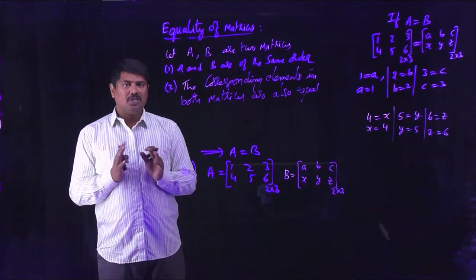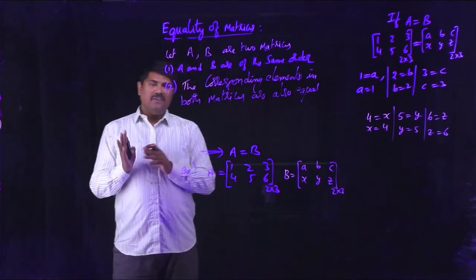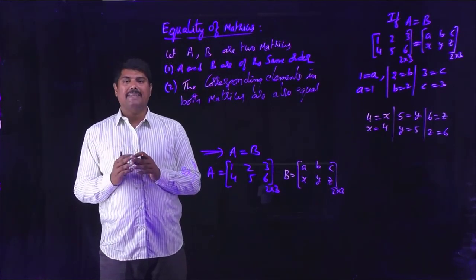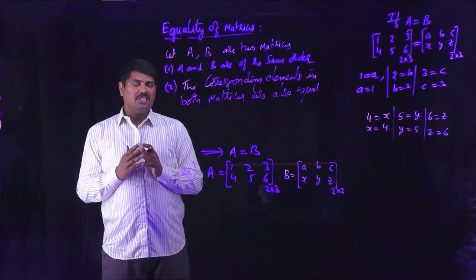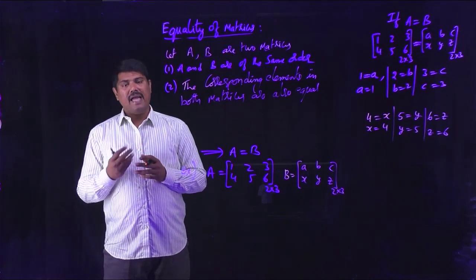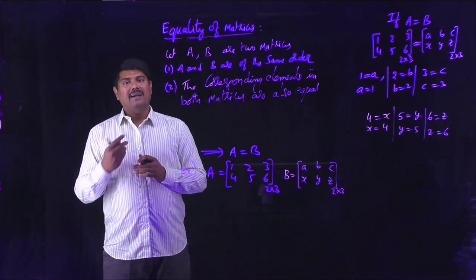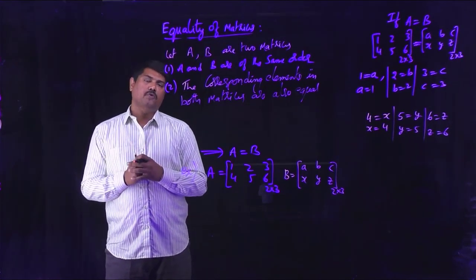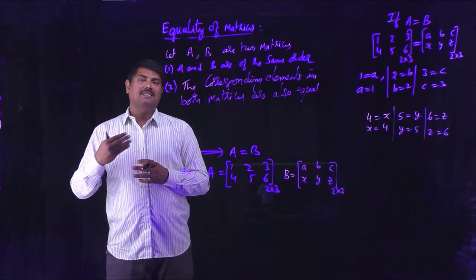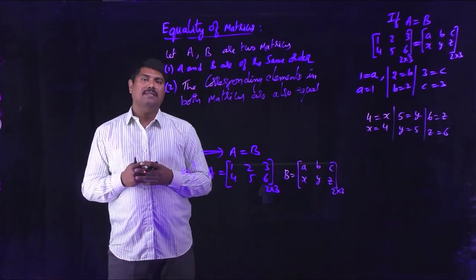So this is the introduction part of matrices. We discussed so far the definition of a matrix, order of a matrix, representation of a matrix, and different types of matrices. Square matrices include diagonal matrix, scalar matrix, identity matrix, and null matrix. Later we discussed the addition of two matrices and the properties which matrix addition follows. We have discussed some properties like the associative law and commutative law.